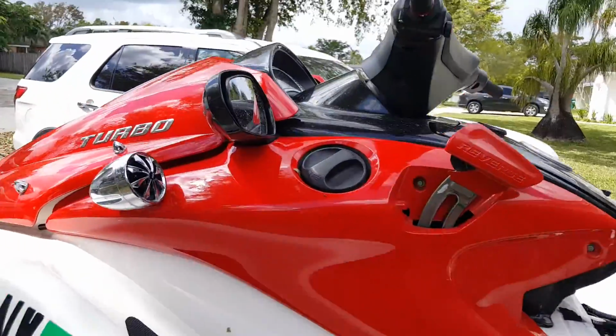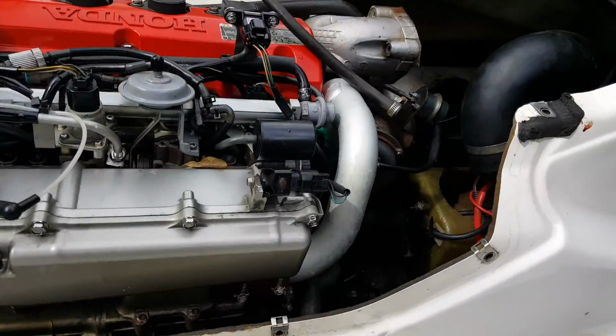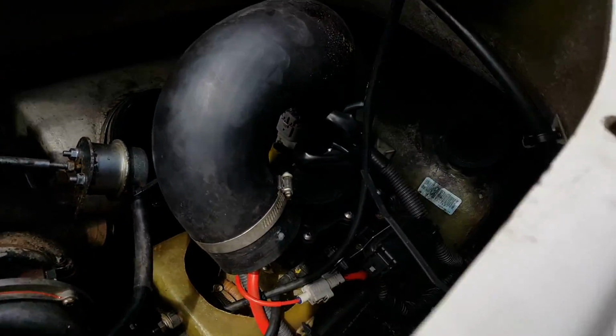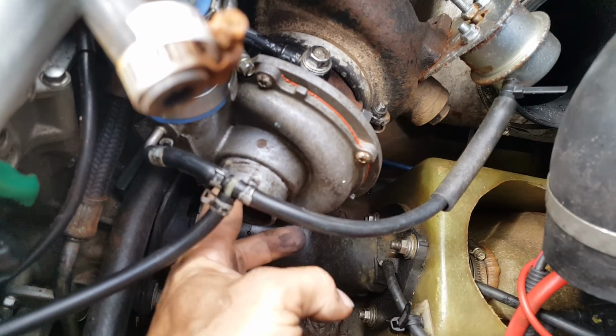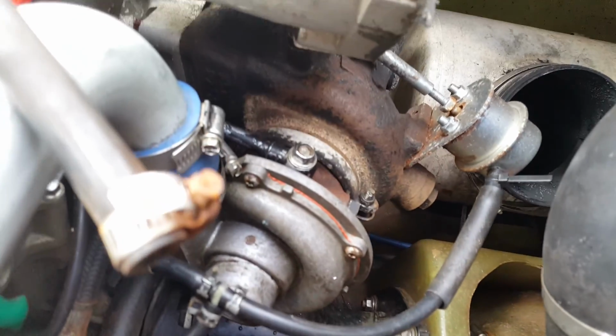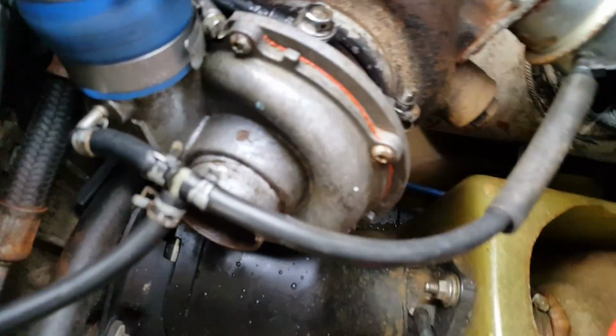This is a Honda F12X 2006. And this is what I'm working with. The turbo does spin freely. It does build boost. The last time I came out, there was a water line which is back here somewhere,